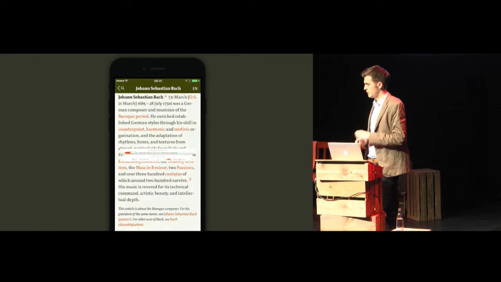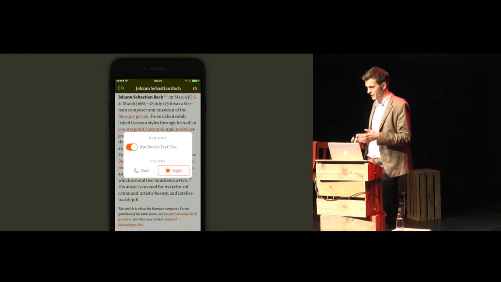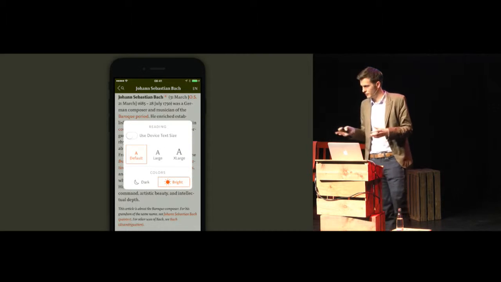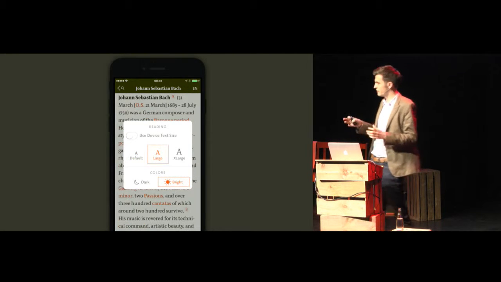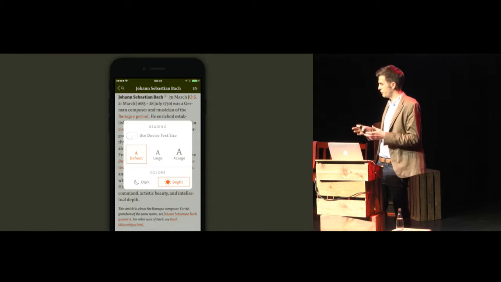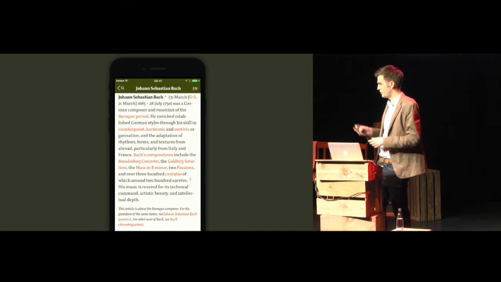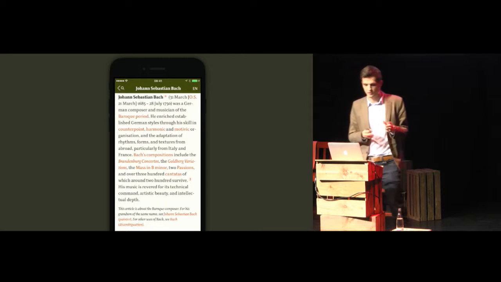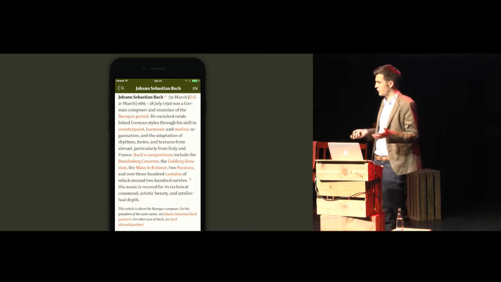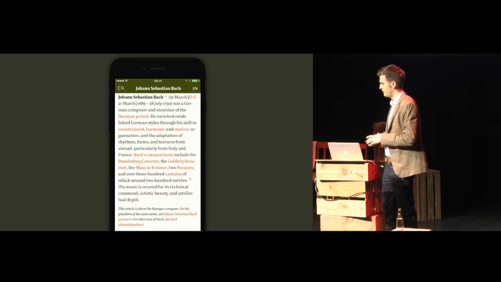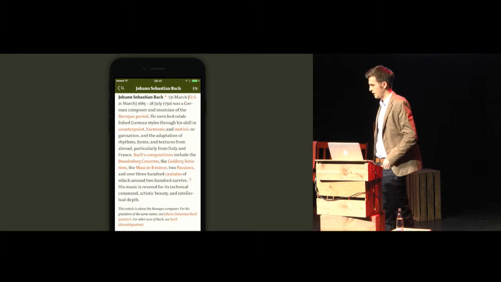So I gave into all the user feedback for the app, and I added some settings. You can override the system font size, which I used before. Previously, it only showed the font size you set in your iPhone settings, but now I have this little menu where you can override the system font size, but still it's not possible to misconfigure it and get bad readability.